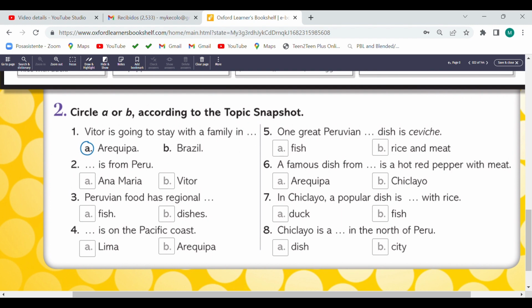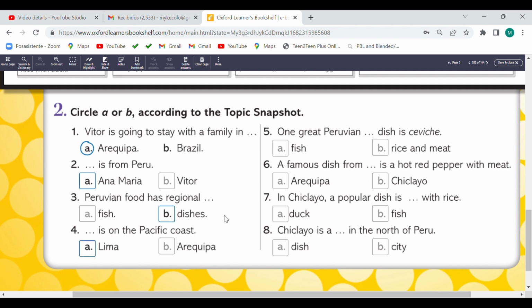Exercise number 2. Circle A or B according to the topic snapshot. For example, number 1 is the letter A. Number 2, from Peru: Ana María or Peter. Ana María, circle Ana María. Circle the letter A. Number 3, Peruvian food has regional fish or dishes. Dishes. Number 4, Lima or Arequipa is on the Pacific coast. Lima.